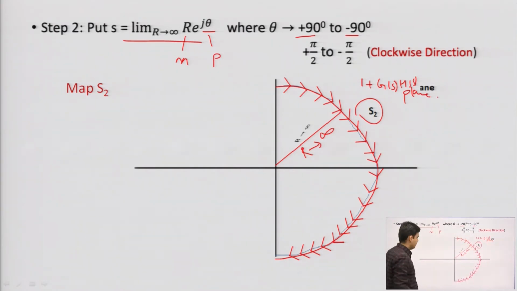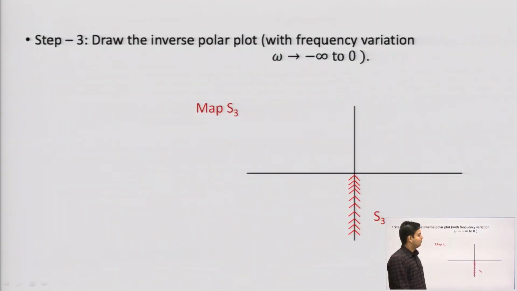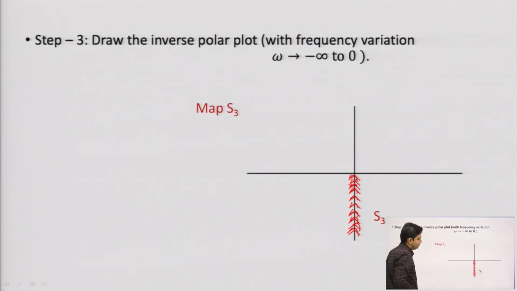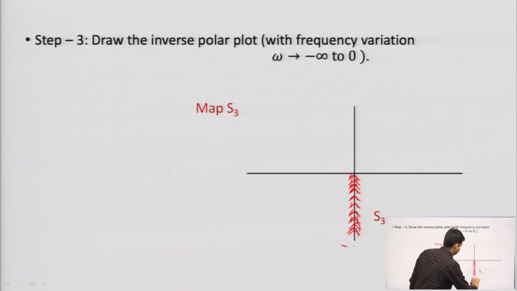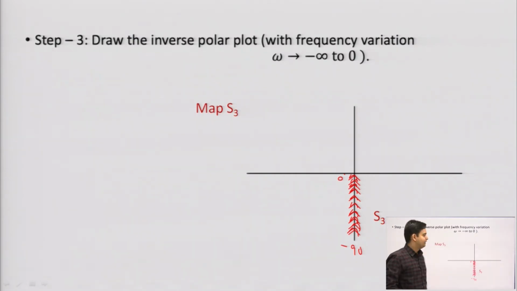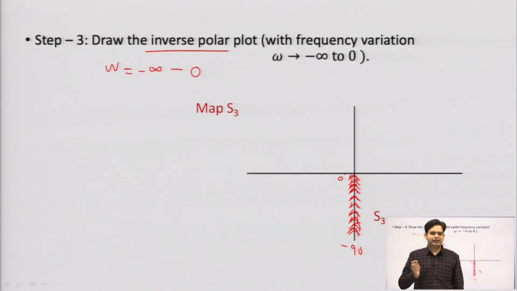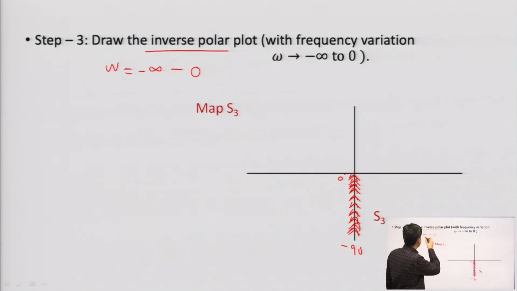Okay. In the same way, what is step 3? We need to draw the inverse polar plot, and this will be step 3 in the Nyquist contour. Here we are doing mapping from minus 90 to 0 degree phase. So, this plot will be equivalent to the inverse polar plot. It will start from omega equal to minus infinity and it will terminate at 0. In some textbooks, if you open, you get this value from minus infinity to minus 0,